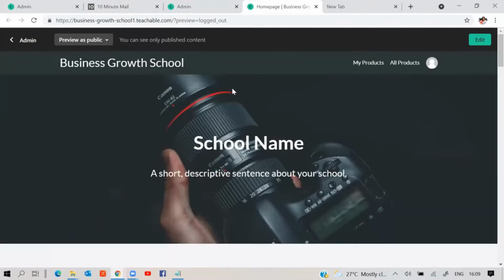Then you don't have to spend some 20,000, 30,000 on creating a website. Instead, get on board Teachable, but it will be a $39 per month cost. Okay, but you don't have to pay hosting. So some people try to have the learning management set up on their website, but the other way is also to use this, provided you are in it for the long term. Otherwise, because it's $39 per month, if you stop your subscription, nothing will be available. So that is the call you need to take, how much you're willing to invest.